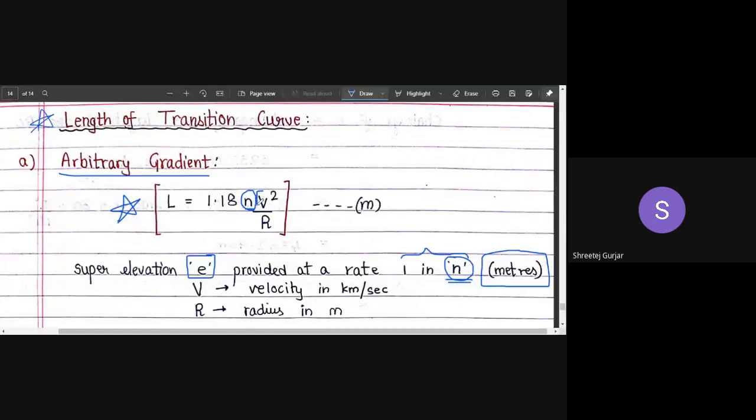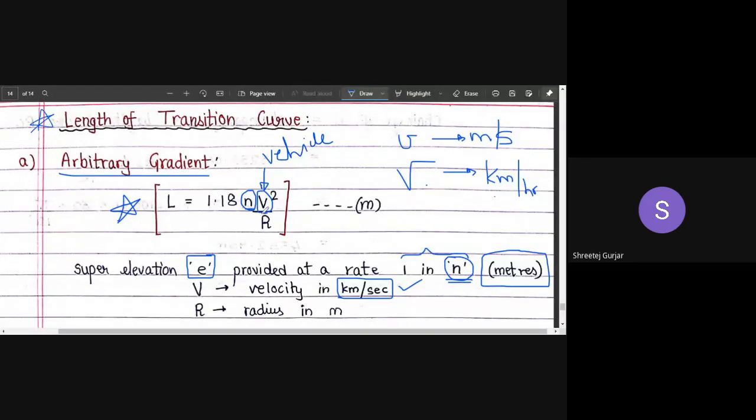Now, what is this capital V? We have two notations that we usually use, small v and capital V. Small v is usually used for meter per second, and capital V, remember, is always used for kilometer per hour. But here in this particular thing, they have kept it as kilometer per second. I am not sure. I will check and let you know whether it is kilometer per second or kilometer per hour. I think it is in kilometer per hour. I will verify and let you know this particular unit later on. But it is sure that it is velocity, nothing but the speed of your vehicle which you are driving at.